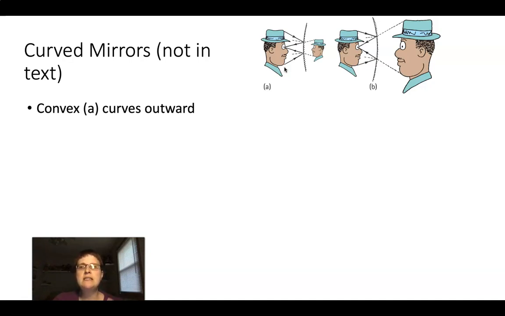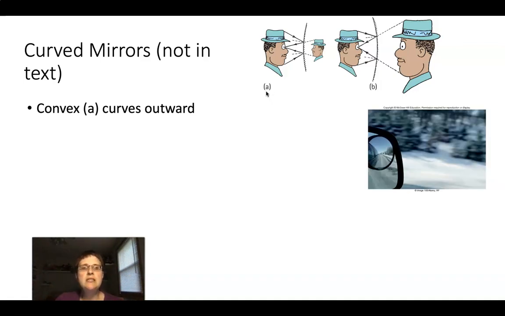The first one is convex. So that is the one up here that's labeled A. And so these are any sort of mirror that's going to curve outwards. So they're the ones that look like kind of bubbled. So you've seen these before. You may have one on your vehicle, depending on the size of your vehicle. I know, for example, on campus, we have one or two of these in the parking lots,